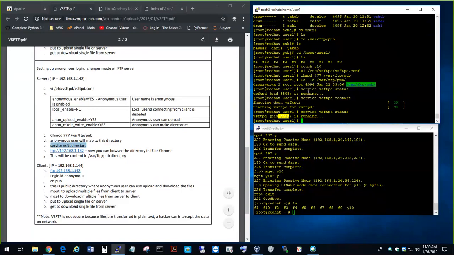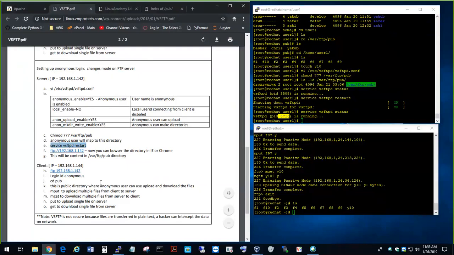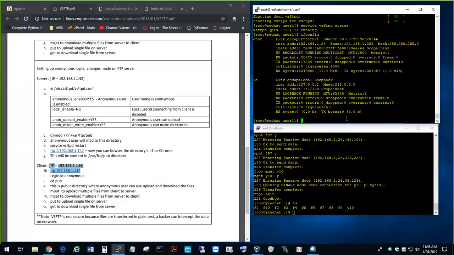Okay, so we're not going to feel anything different here because we are already able to connect to the public folder. But what you're going to see is when you go in there and connect, the ID is going to be anonymous. So let me type ifconfig, and then the command to connect from the bottom host to the top host is ftp, and then this,